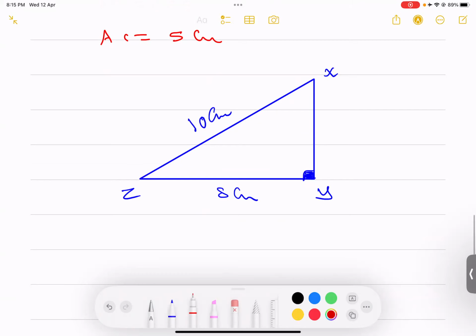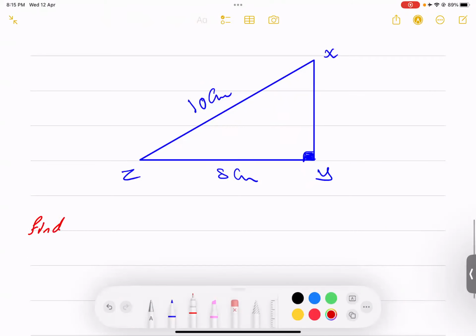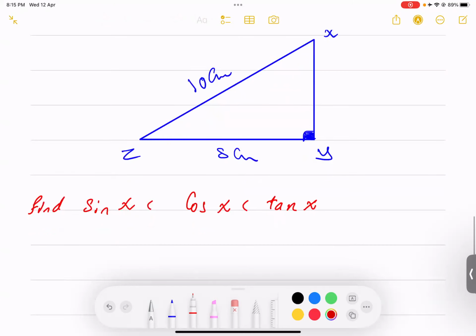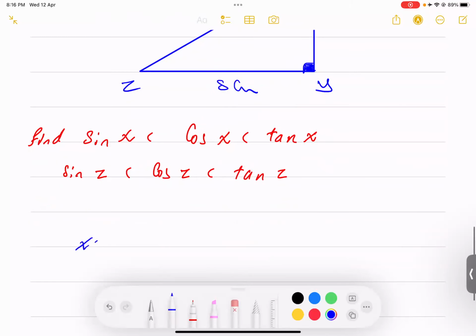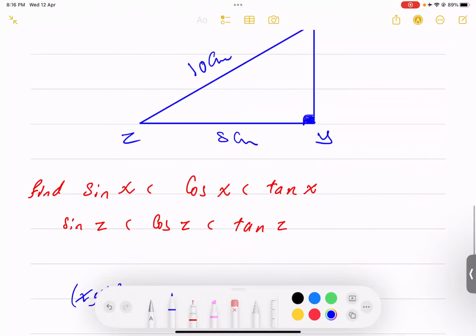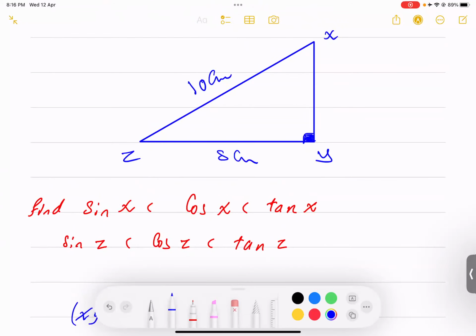So right now he asked me to find sine x, cosine x, tan x. And by the way, he wants me to get the sine of z, cosine z, tan z. So what is the first step? To get the opposite side. Yeah, perfect. So I need to get the missing side, xy power 2. Plus... No, it's going to be the hypotenuse minus